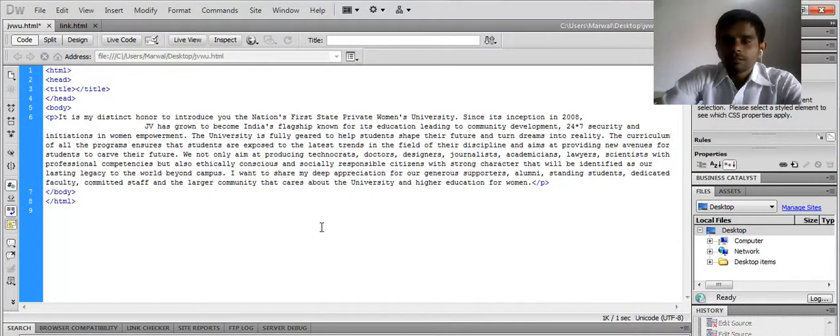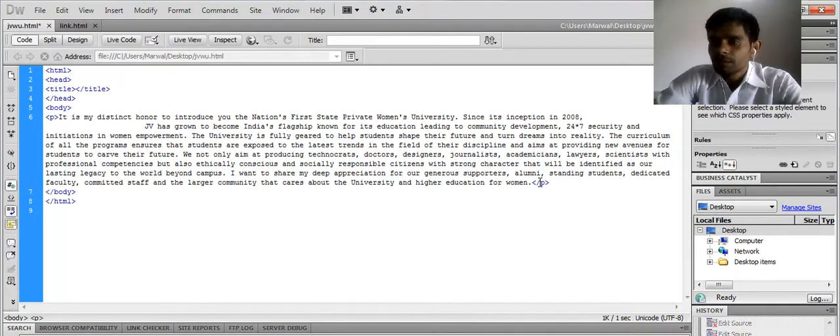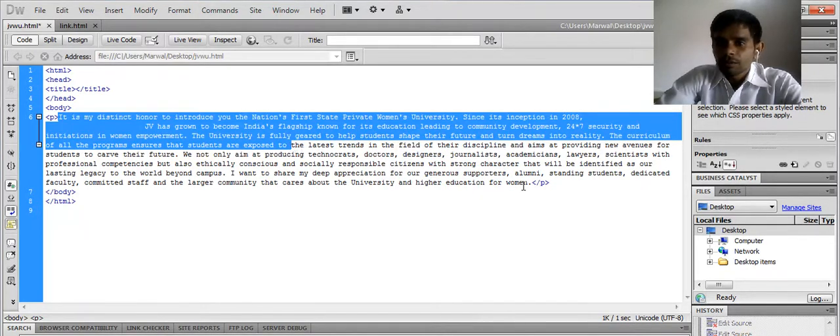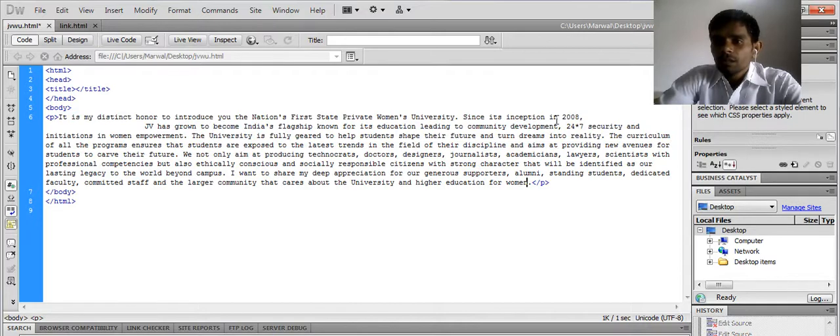I have this HTML document. There is one paragraph tag over here, starting from here and ending here, with one beautiful message. Now suppose I am creating some space after 2.